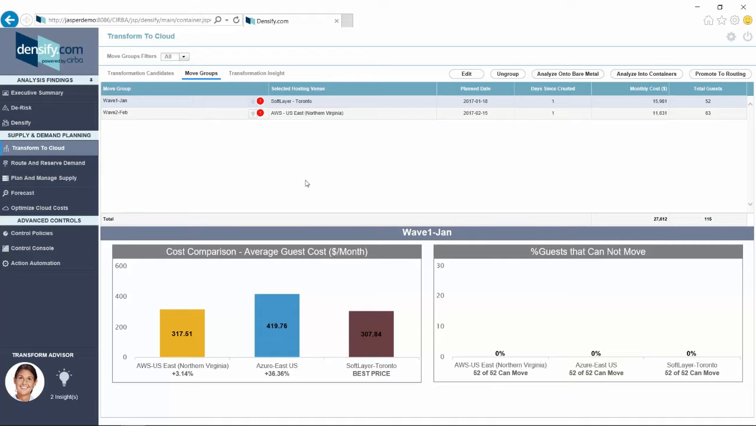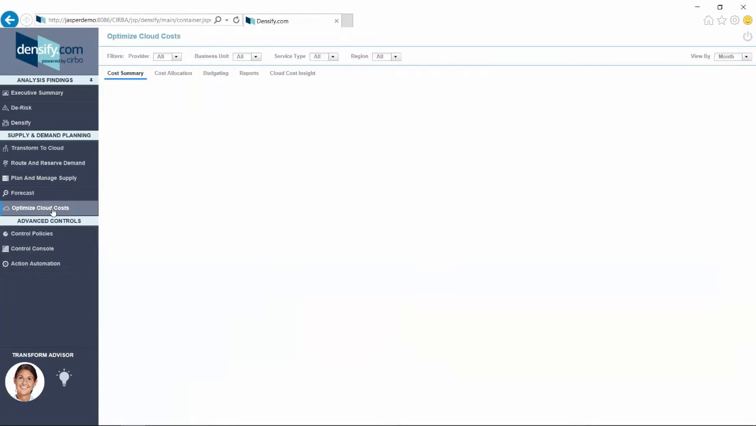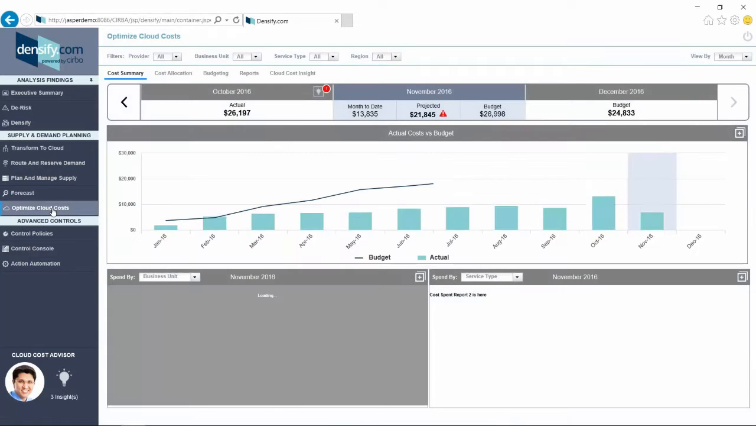Now that's a transform to cloud use case. Now, once you've moved on from that, once you've moved things in the cloud, or if you already have things running in the cloud, a lot of organizations need accountability for what they're running in the cloud and more detail into their bills. So if I go to my optimized cloud costs section of Densify.com,